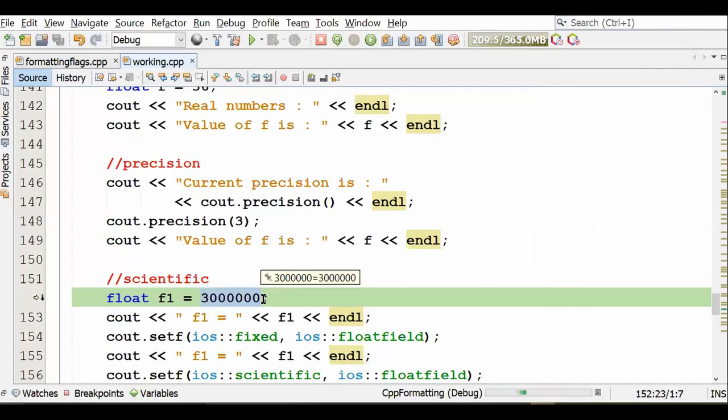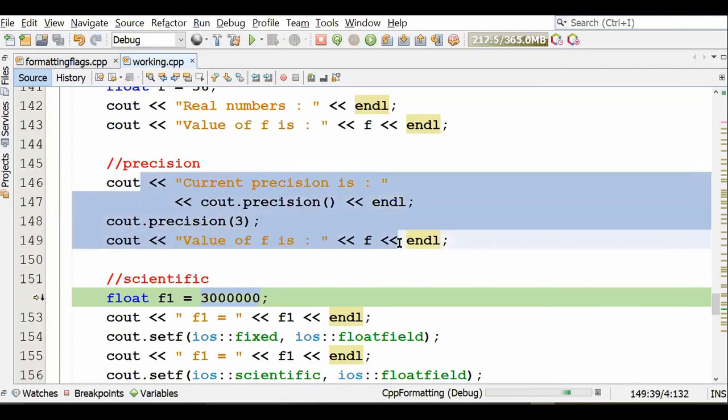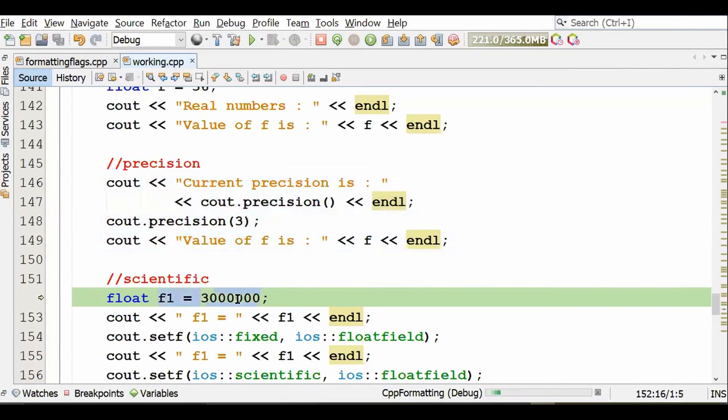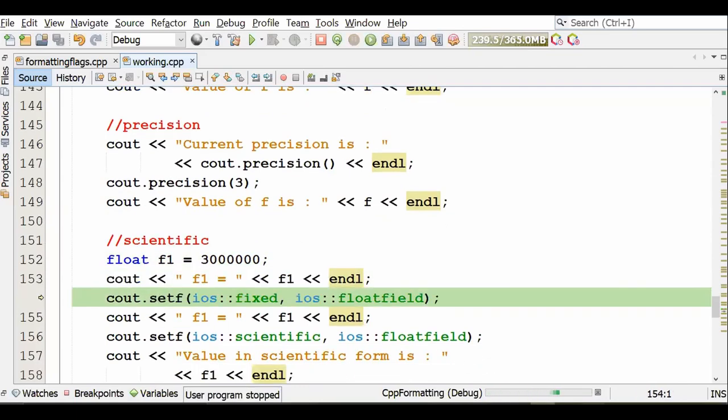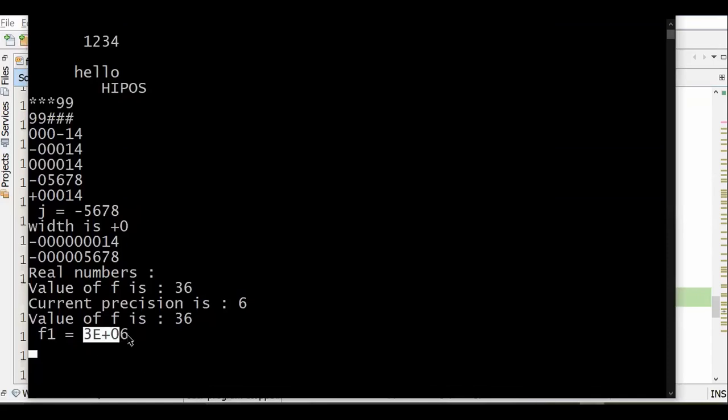I have a number, and I'll answer this question as we go ahead. I have this floating point value in which I have a very large number. Say I have 30 lakhs as a number. So let's go ahead displaying this number, 30 lakhs. Since the number is large, it has automatically got displayed in exponential format. That is 3e plus 6, that means 3 into 10 to the power 6.